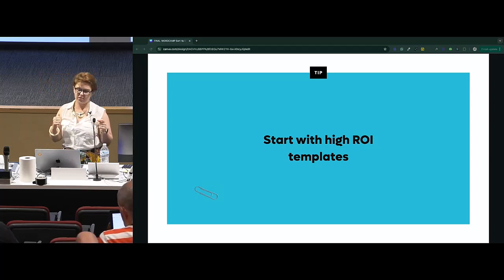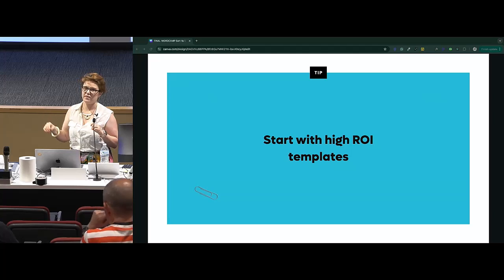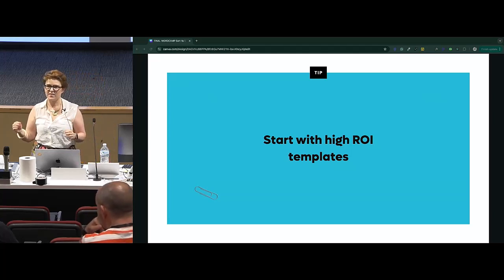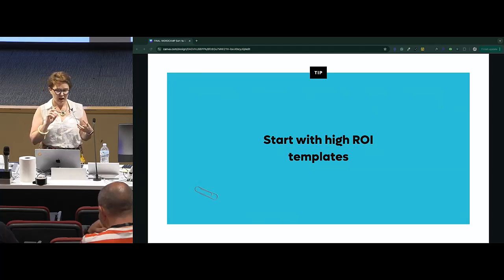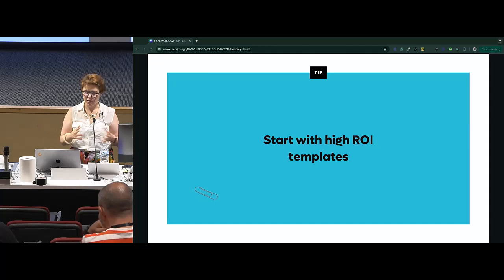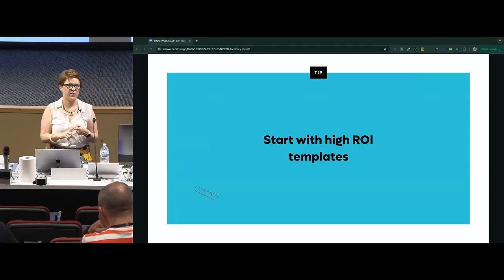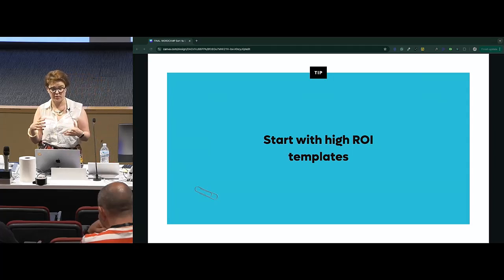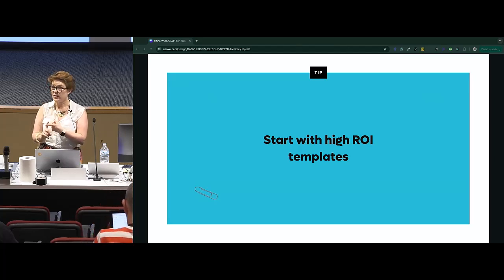So another tip is to start with high return on investment templates. There's no point in creating a template for something you use once every 6 months when there are probably emails you send every week, proposals you might send a couple of times a month. Start with the things that you're going to get the most bang for buck for. So some of the things that I found I've gained the most time from in my business are the proposal template, presentation templates.